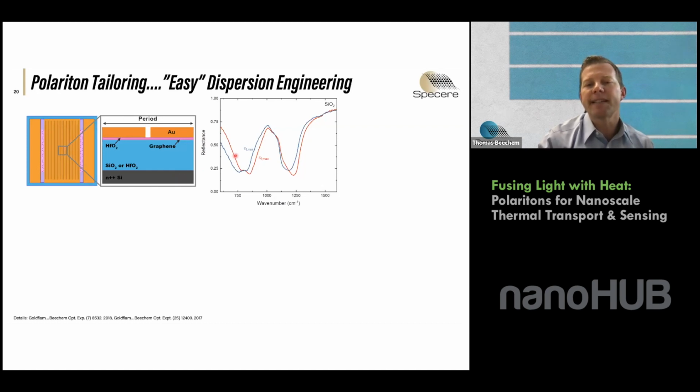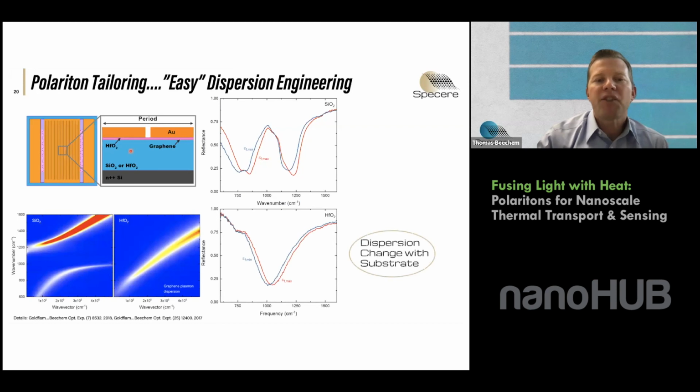And when we did this, this is experimental data, the FTIR spectra changes quite a bit. But I want to point out that in this case, we had SiO2 sitting underneath the graphene. And then we changed this device and actually put down a hafnia layer underneath it. And you see that